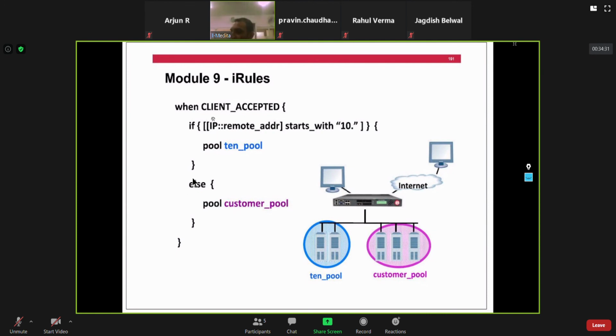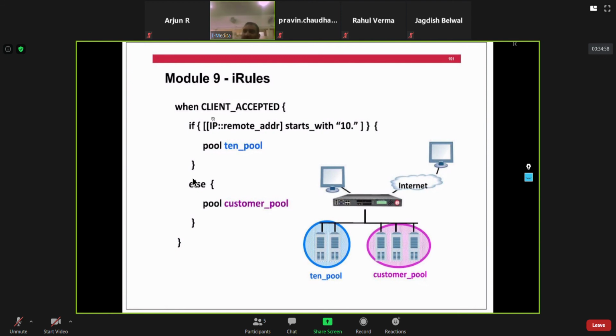For example, we have different pools. If the client is using the Mozilla Firefox browser, then we have a different pool. For Google Chrome, we have a different pool. For Safari, we have a different pool. You get my point? For Internet Explorer, we have a different pool of servers, right, guys? So based on that, you can also perform the load sharing.